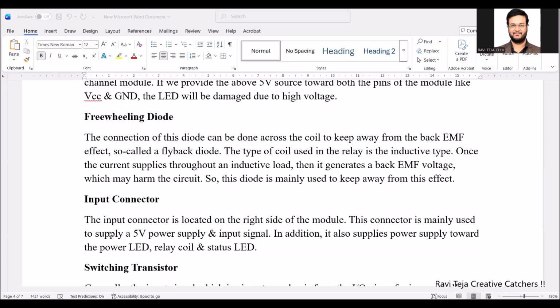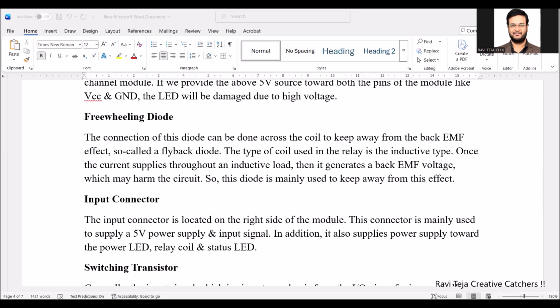Whenever this motor is rotating, there might be a chance of back EMF such that the relay module or the microcontroller may get damaged. So they use a freewheeling diode, which helps in avoiding this back EMF, also called a flyback